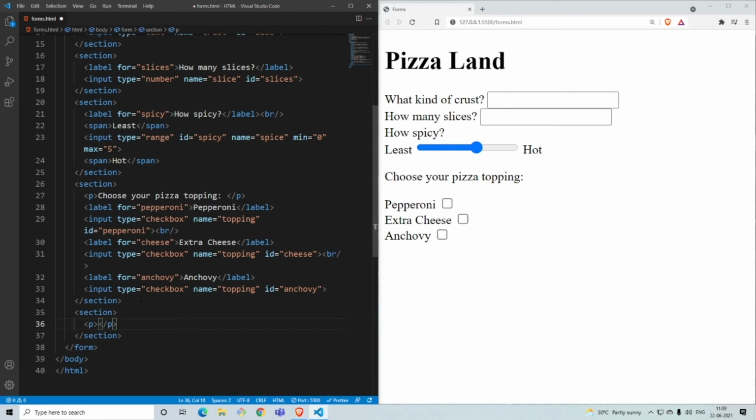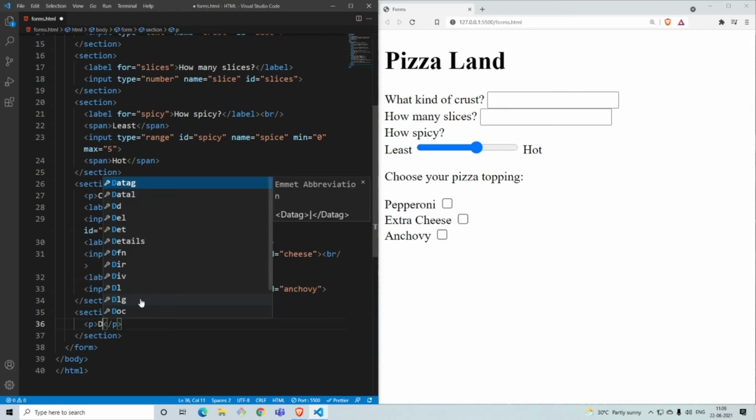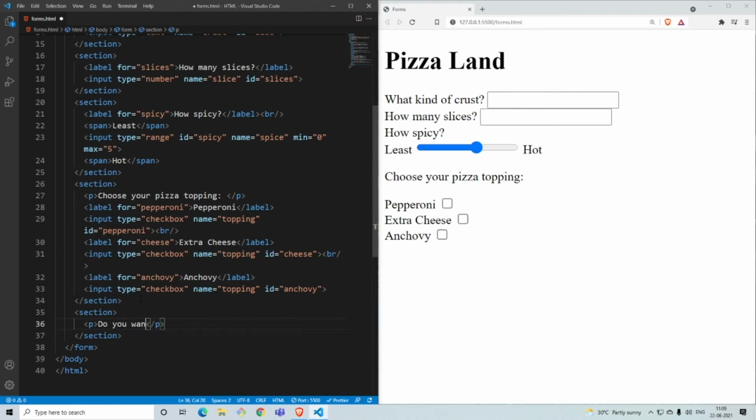So P, and we'll say, do you want mushrooms? Because let's say this place out here, wherever we are working at, has mushrooms, like the land base is famous for mushrooms. So we ask them, do you want mushrooms? And we give them two options, yes or no. That's the input.